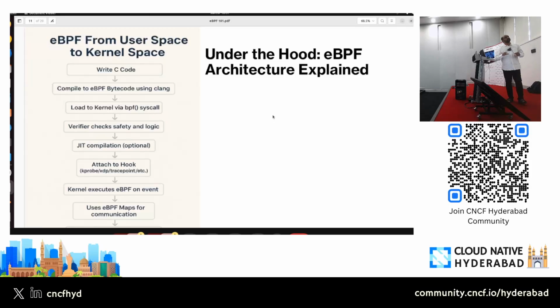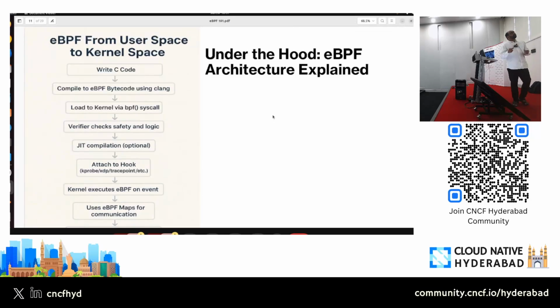Of course, there is Clang or LLVM. There are many compilation tools that will help you convert your C code into eBPF bytecode. And once that is done, you will load that into the kernel, and before getting loaded, it gets verified. That is where, as I was speaking earlier, the verifier plays a very crucial role. But when you do the same with a kernel module, there is nothing of that kind. So you are on your own.